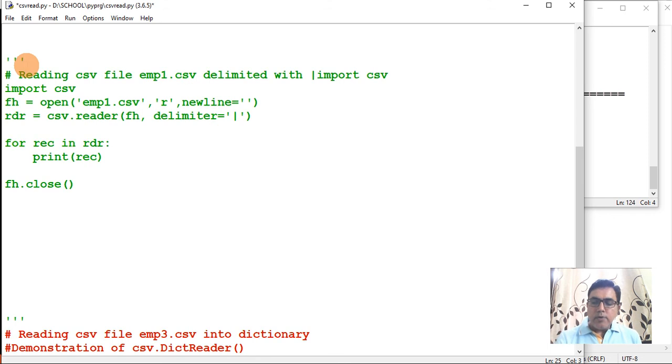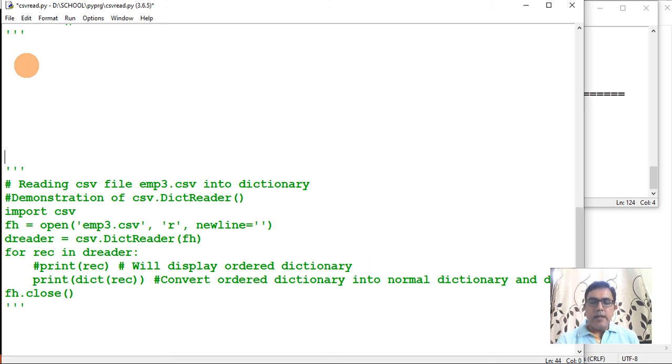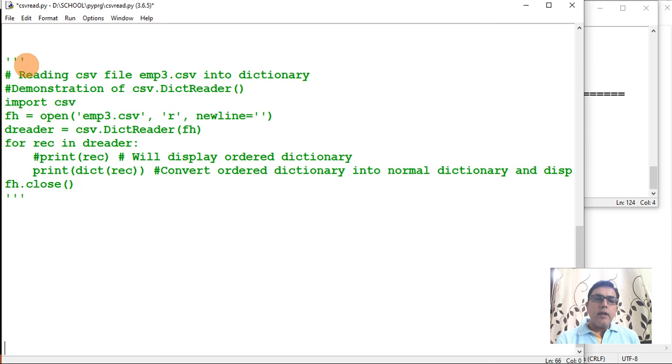Now we have seen how to read data with a different delimiter. Let us see how to read data in the form of a dictionary. Earlier in the previous session we had written data in the form of a dictionary, right? Now how to read the data back into a dictionary, we will see in this example.